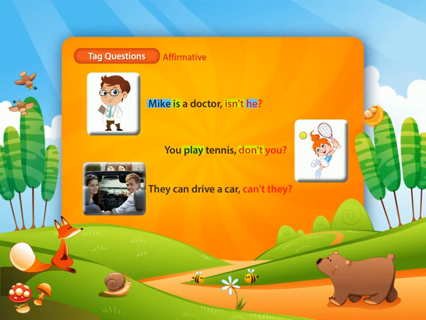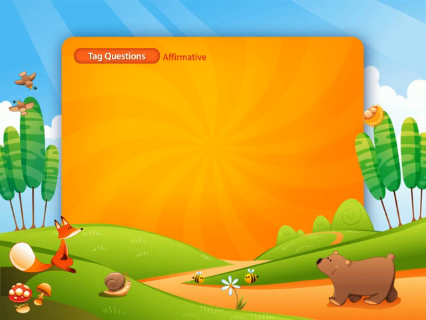Third, when you have a positive sentence with a helping verb, you put can't plus subject. They can drive a car, can't they? On the other hand, when you have a negative sentence like you